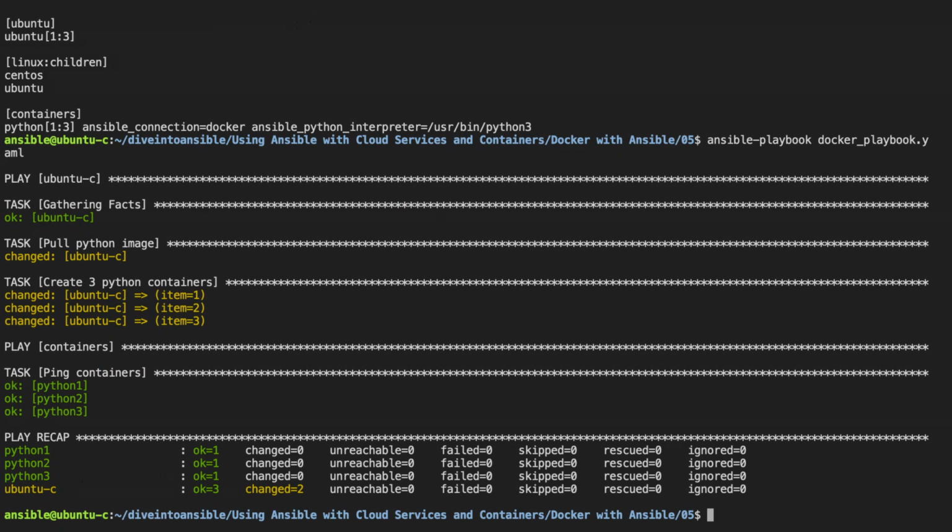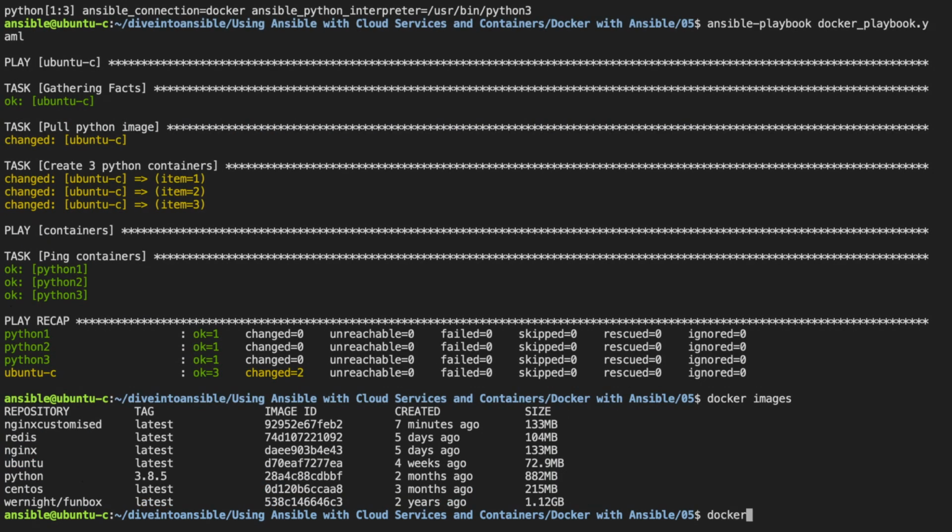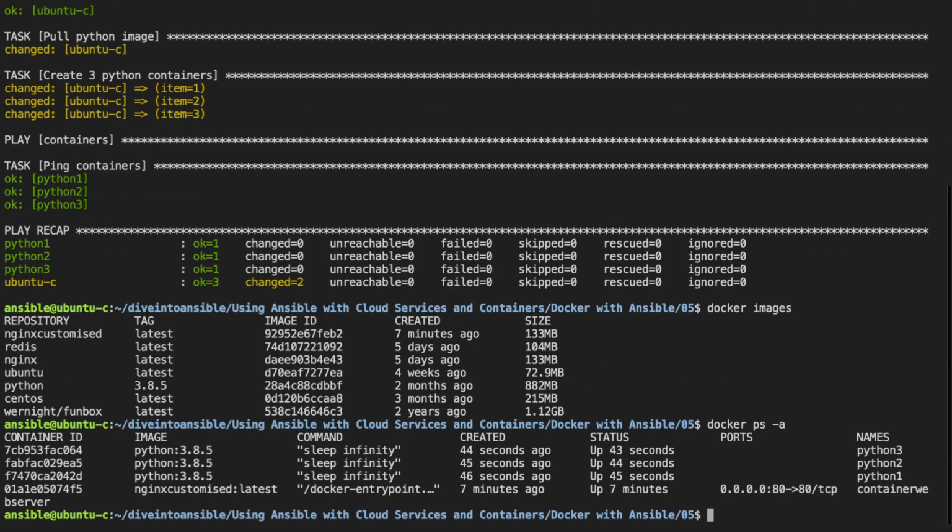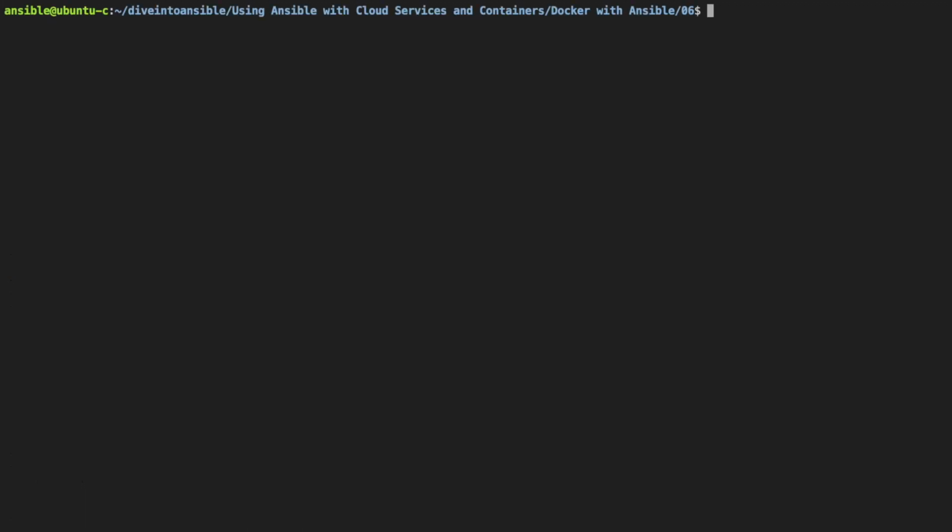This is very cool, and with an open mind, there's a lot that this could be used for in your Ansible journeys. At the moment, we now have a lot of items dotted around, for example, images and containers. Let's clean this up by using Ansible. If you step into revision 6, and we take a look at the playbook here,